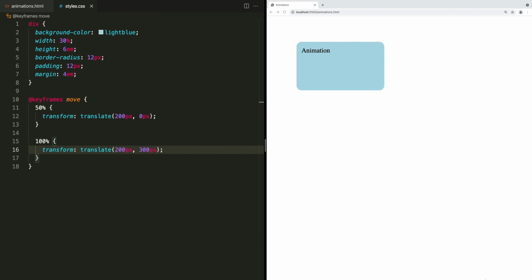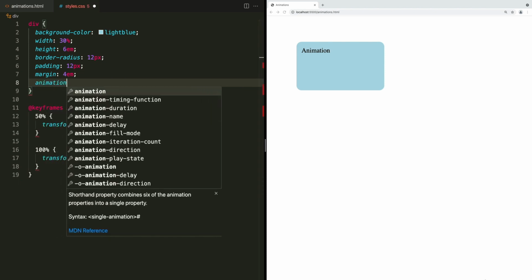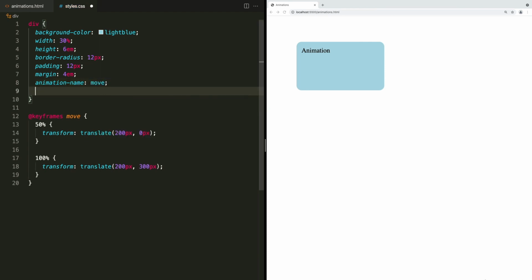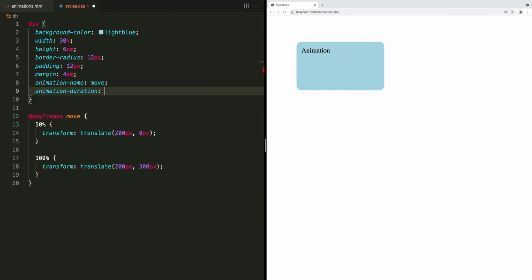And now we need to come back up to our div, and we need to define the animation property to say which animation we are using. So we can use animation name first to choose which animation we want, and we called it move. And then we can give it an animation duration, which let's say is going to take 3 seconds. And now when I save this, you'll see the animation will run, moving the div over 200 pixels, and then it moves it down 300 pixels, and then once the animation is done, it just returns back to its starting